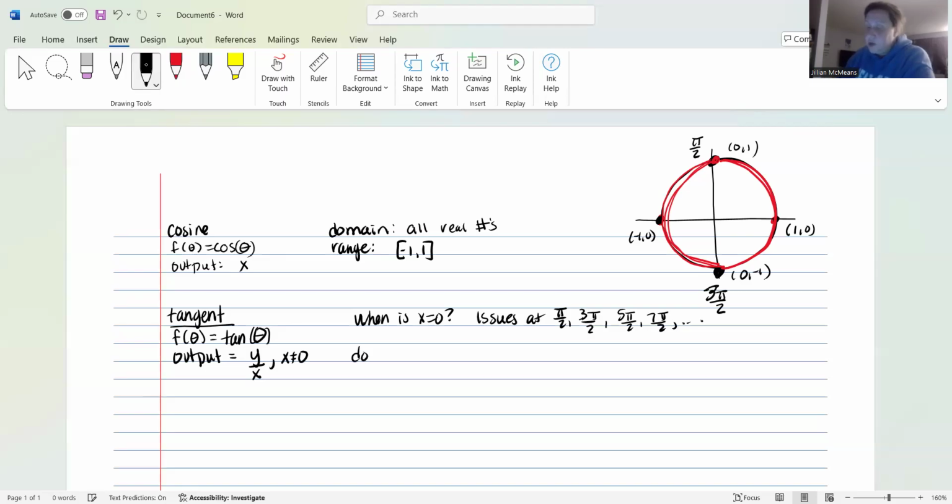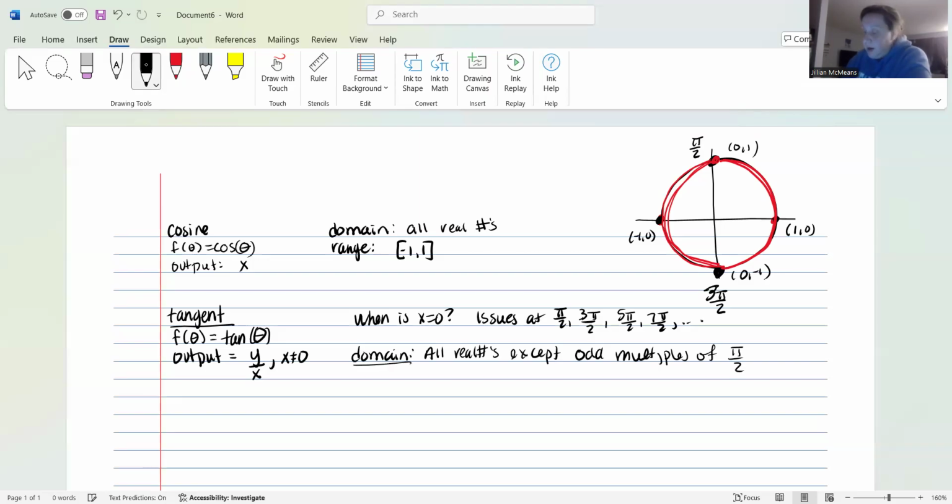So when it comes to the domain, we're going to write this very, very informally, and I'll show you a way in another video how to write these formally in set builder notation. But we would just say that the domain is all real numbers except odd multiples of pi over 2. Now, when it comes to the range, this is where I want you to trust me,